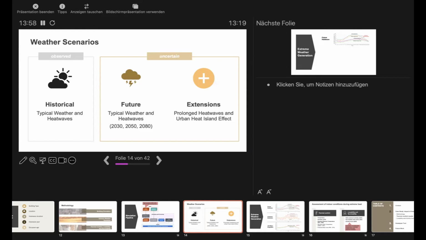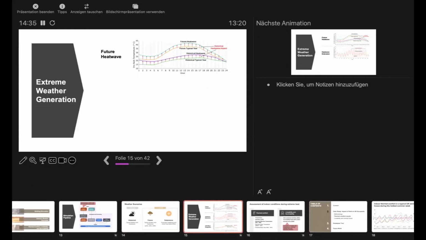I want to point out here that with future heat waves, and future weather data overall, and these extensions, there's a lot of uncertainty associated with it, because as we all know, it's already hard to know what the weather will look like in the next maybe 2 or 3 days. So it's hard to know exactly what it would look like in 2050 or so on. So what we did is make some assumptions, which you just have to do, and some reasonable assumptions of how we think these weather scenarios would look like. And based on this, we created these three types of extreme weather data, which first of all include these future